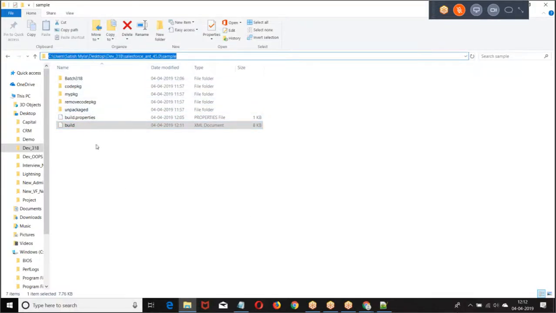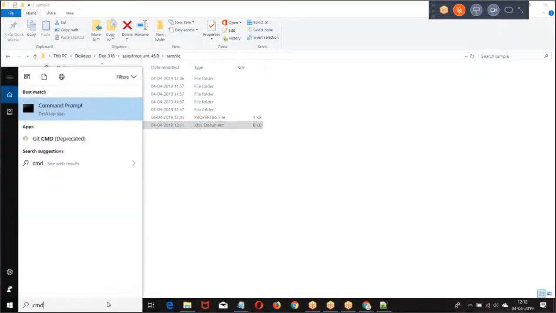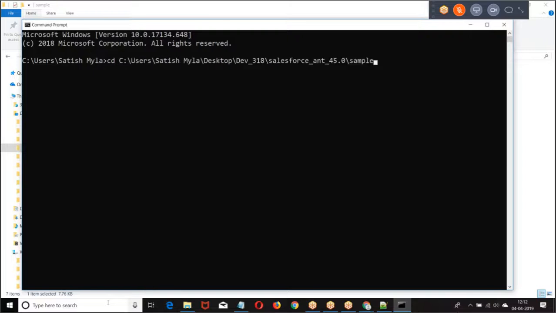Now move the cursor to this folder. Wherever the build.xml file is, move the cursor to that folder. How do you move? CD. Now, at which location am I? I am at the location of build, wherever the build.xml file is. From this location, what are you supposed to do? And my code. What is my code? The name of the target. And my code, the name of the target.